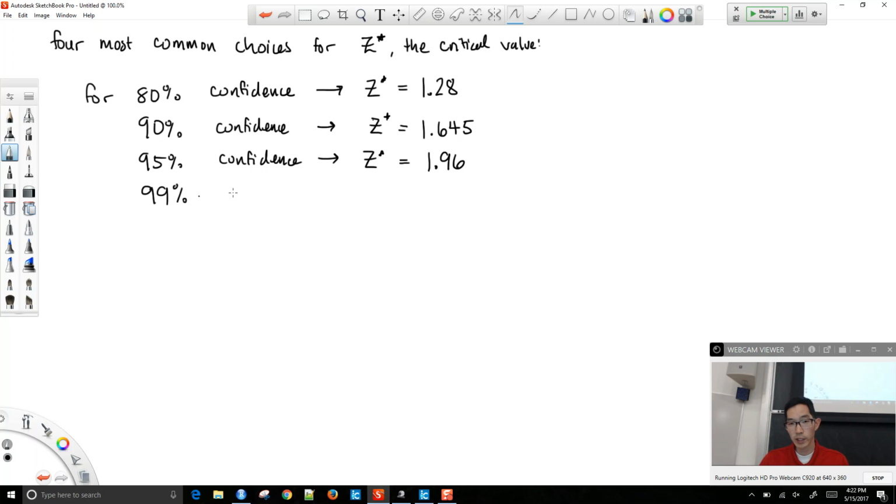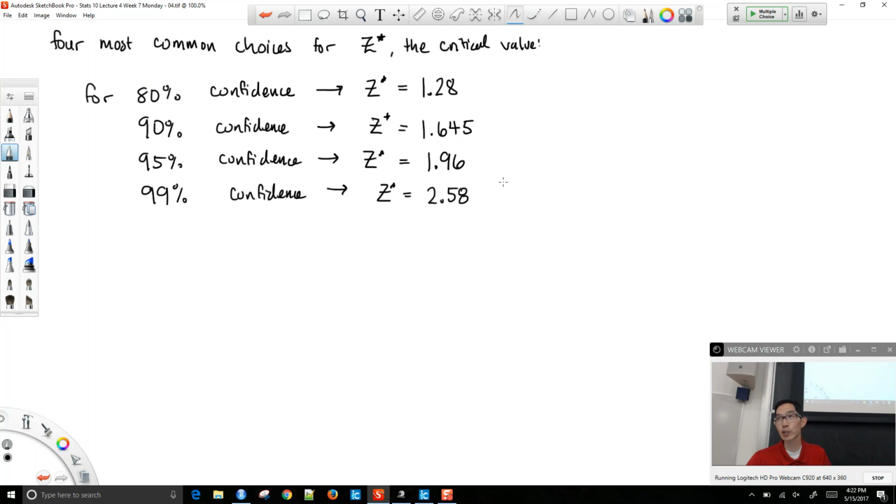And for 99% confidence, we will use z star is equal to 2.58. Right? And technically, if you wanted to create a 93% confidence interval, or a 65% confidence interval, or